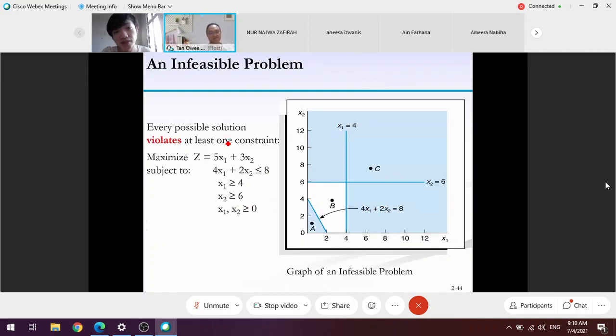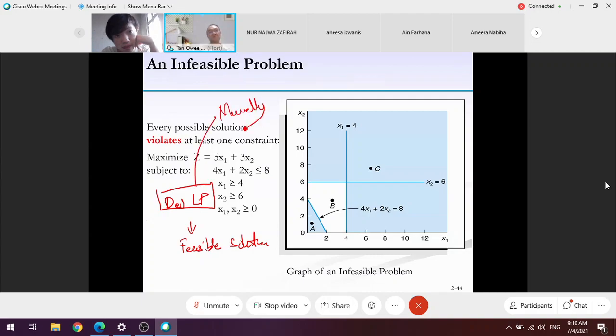Remember, the process is we develop the linear programming, followed by finding the feasible solutions. As I told you in the first slide, linear programming developments are all done manually. So if you have made a mistake in developing the linear programming, you will end up defining a constraint whose feasible area is not common to the rest of the feasible area. You get what I mean? You have a feasible area for this constraint, and this feasible area is out of the boundary of the rest of the feasible area.